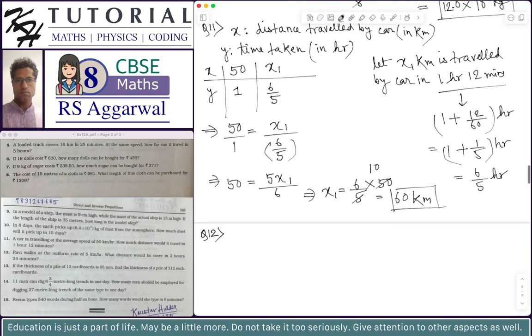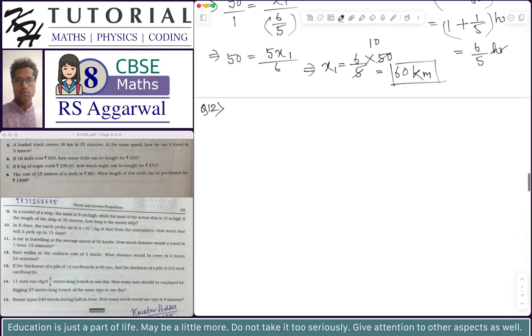Okay, let's solve problem number 12. Ravi walks at the uniform rate of 5 km per hour. What distance would he cover in 2 hours 24 minutes? So the concept is same. This is also the concept of speed, distance covered and time taken. So if the speed is kept constant, then the distance covered and the time taken will be in direct variation. So we can say that let x be the